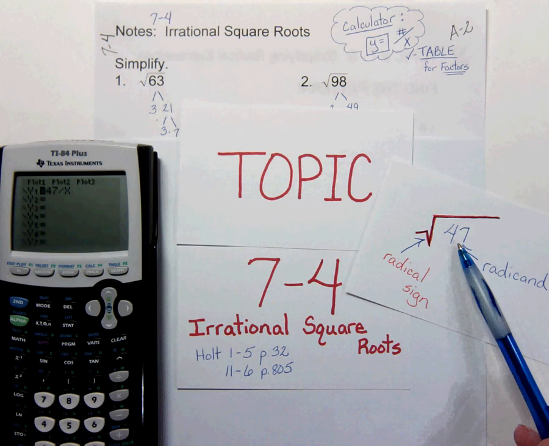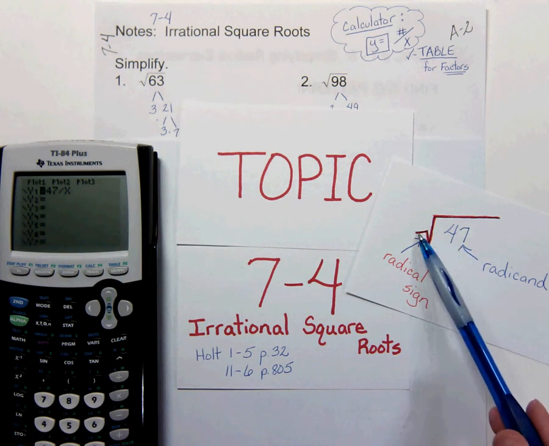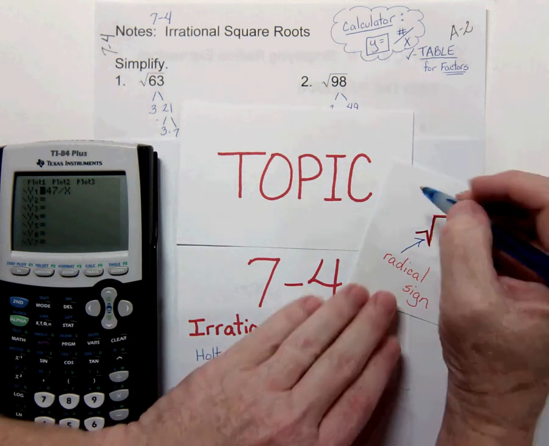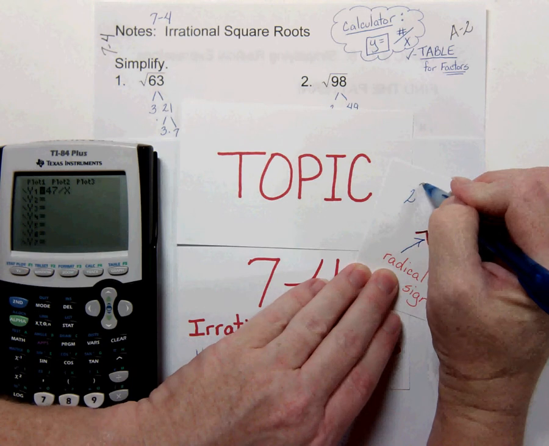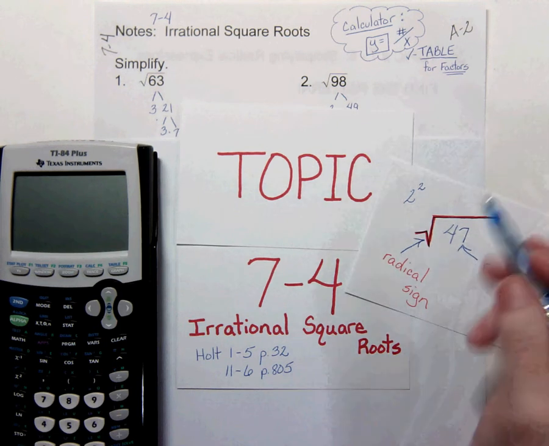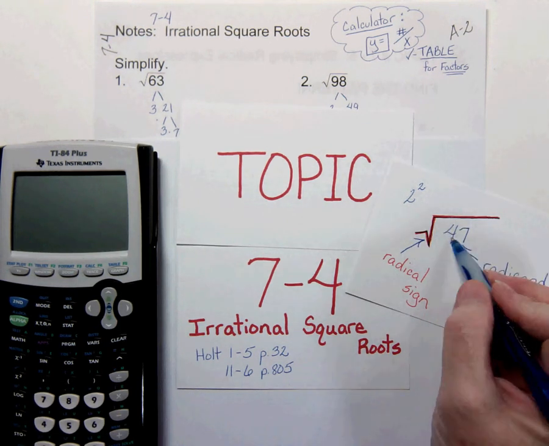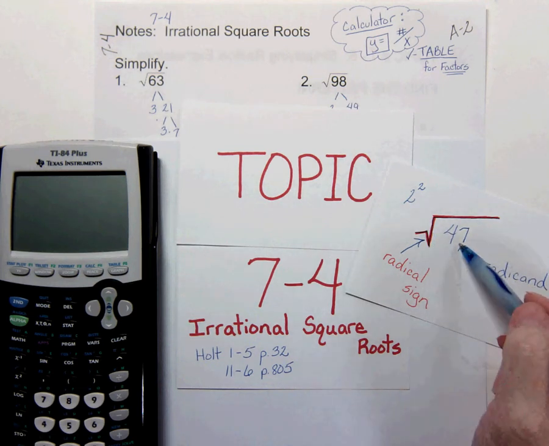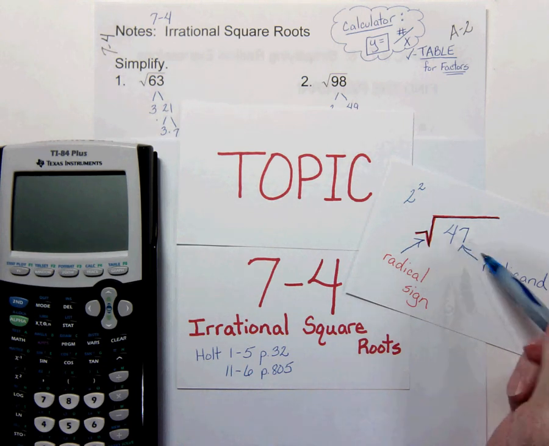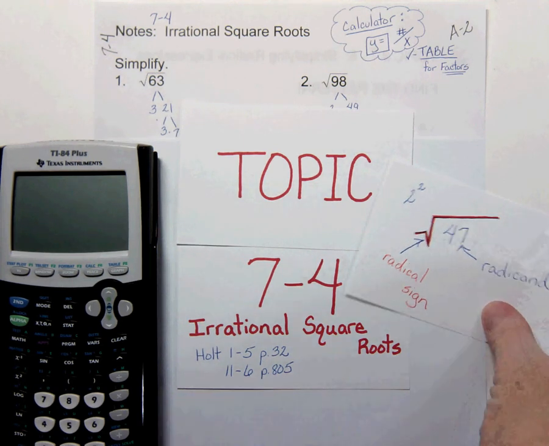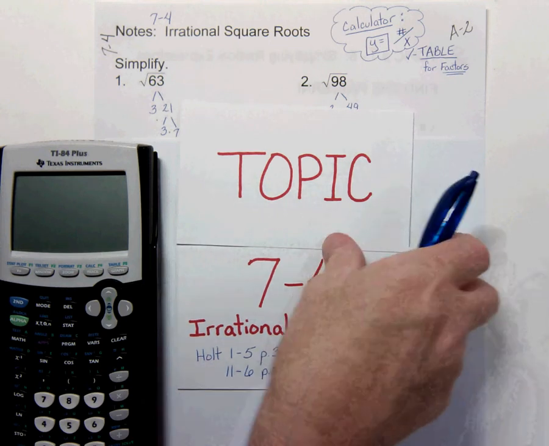So if I refer to these names this way, this is taking the square root, whereas if I had 2 squared, you say two different things here. This is 2 squared, but if it's under the radical sign, you call it taking the square root of a number. And the number I put under here is irrational. We learned about perfect square roots in 7-3, and so we're looking at numbers that can't be perfectly squared, so we call those irrational numbers. Let's look at a couple of examples.